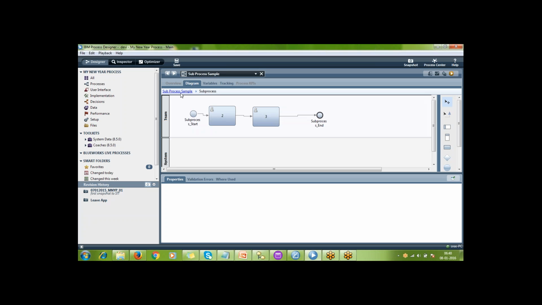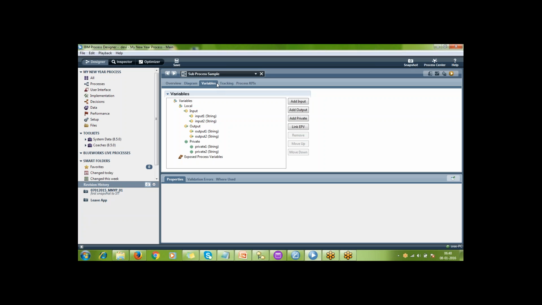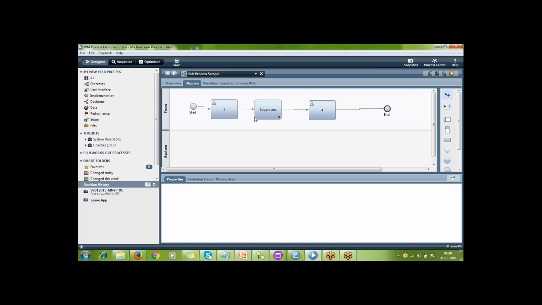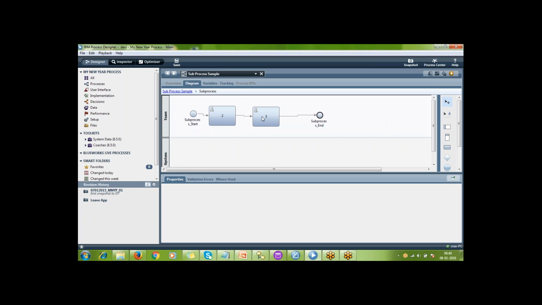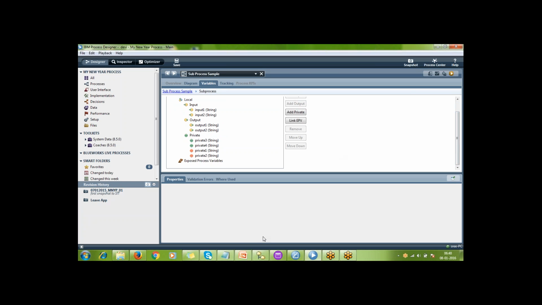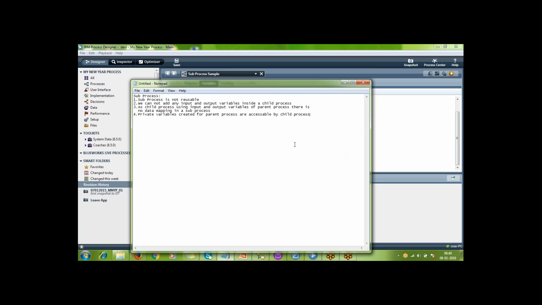If I come out of the sub-process and go to the variable section, can I see private 3 and private 4? No, I can't see them. So what is the difference? Whatever private variables you create for a child process are not accessible to the parent process.